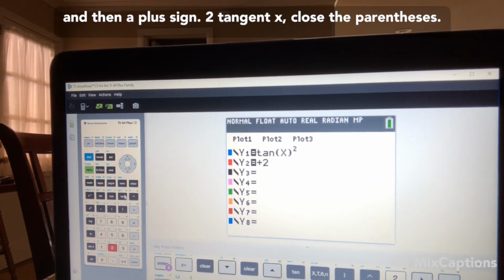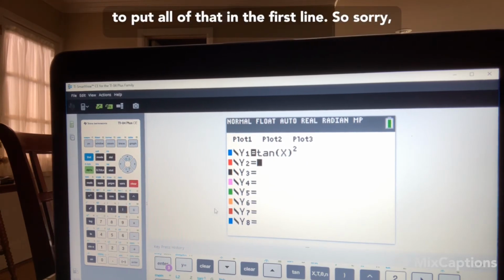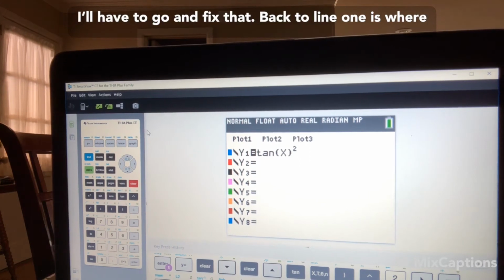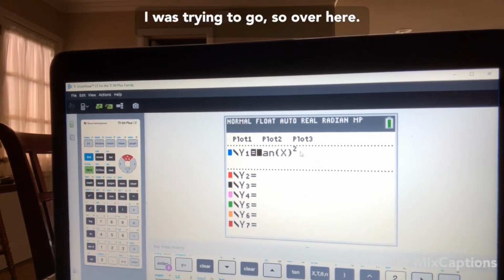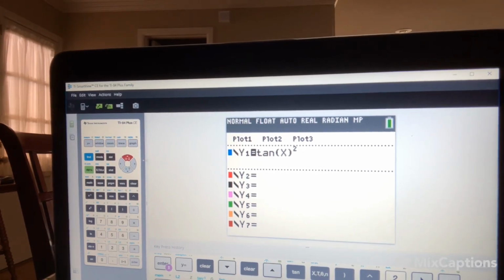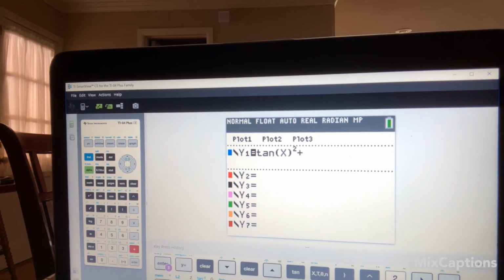2 tangent x, close the parentheses. Oops, well darn, I didn't mean to do that. I meant to put all of that in the first line, so sorry, I'll have to go and fix that. Back to line 1 is where I was trying to go. So over here, there I go. I meant to put it there, so it will be plus 2 tangent x,